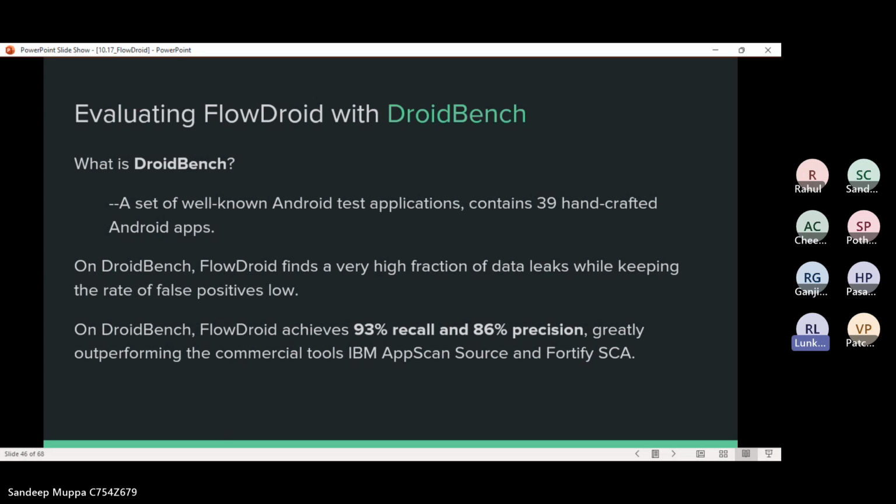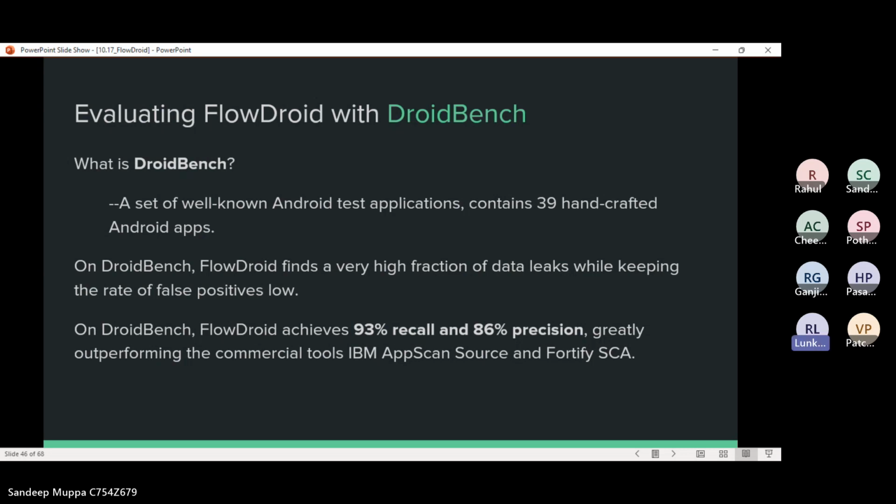the evaluation was done for FlowDroid. Then there was an evaluation of how FlowDroid works together with DroidBench. When we say DroidBench, it's an open test suite for evaluating the effectiveness of taint analysis tools, specifically for Android apps.